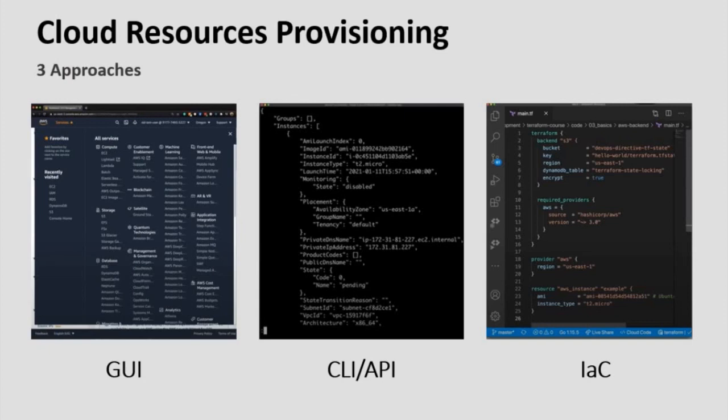So we use one configuration, with a little bit of difference, for many different cloud providers. Infrastructure as code also gives other advantages: it's simple, fast, and repeatable. We write a configuration once and can use it many times,